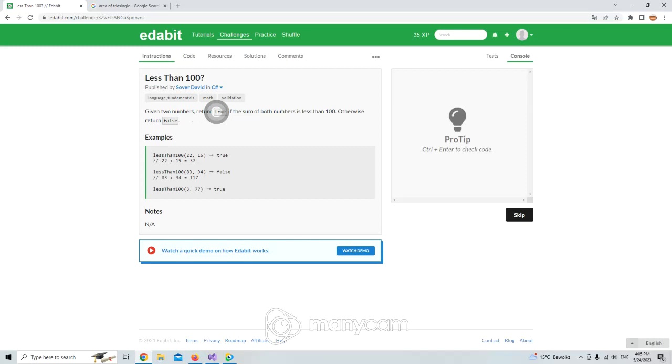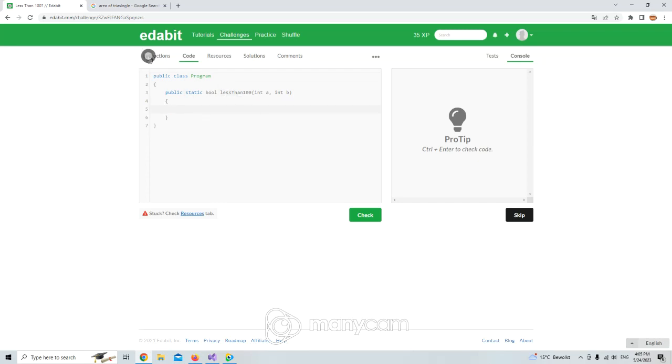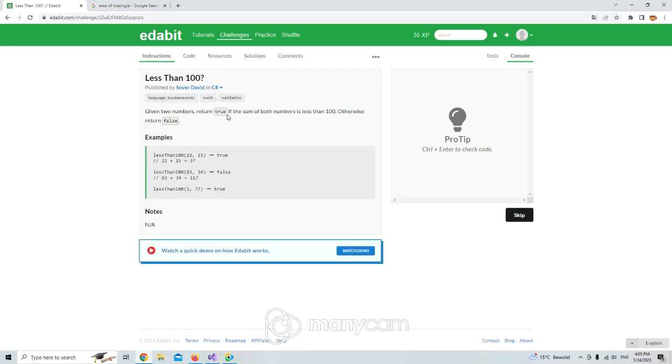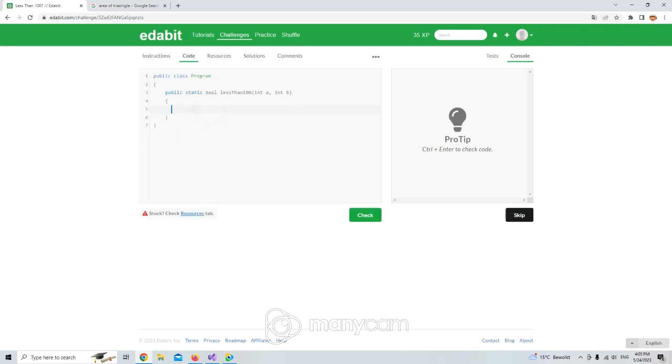Give two numbers, return true if sum is less than 100. You make a function that if the sum of both numbers is less than 100, it gives true. Otherwise, false. Give two numbers, true if the sum of both numbers. Okay, I think here that sum of both numbers is equal to A plus B, and then I say